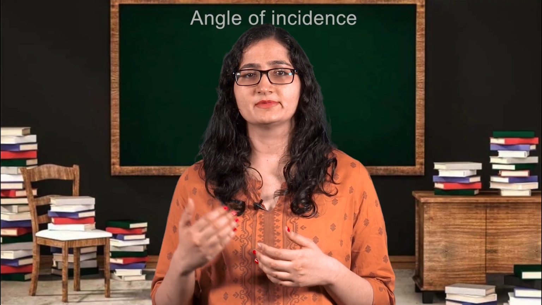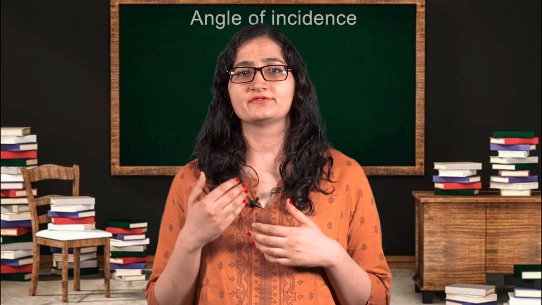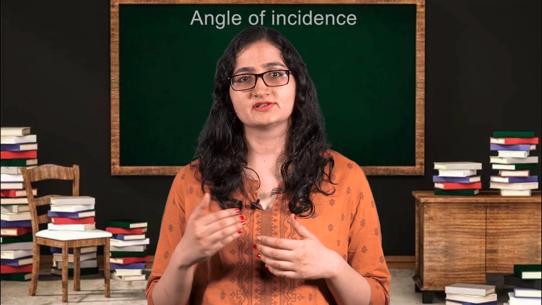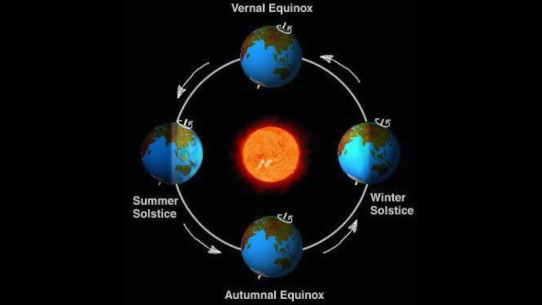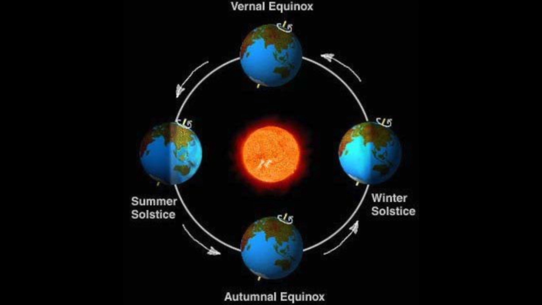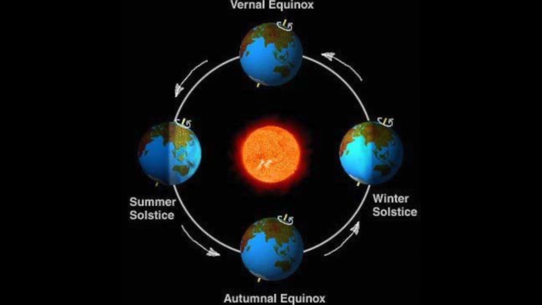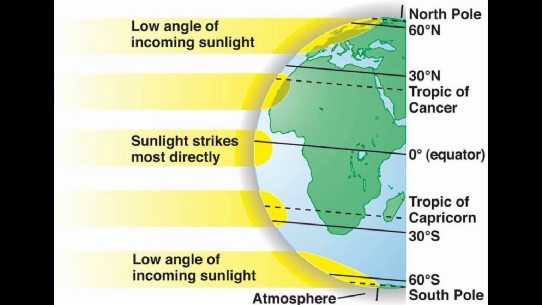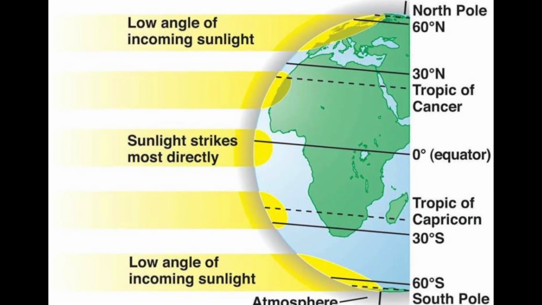A similar effect of varying angle of the Sun's rays can be seen in the daily march of the Sun across the sky. At midday, the intensity of the insolation is maximum, but in the morning and the evening hours it is reduced because of the slanting rays of the Sun. So is the case in winter and at the high latitudes, when the amount of insolation received at the surface of the Earth is small. This is simply the effect of low angle of incidence.